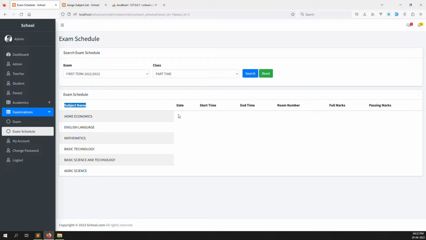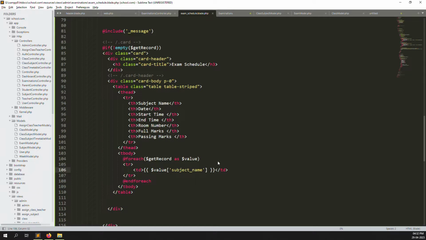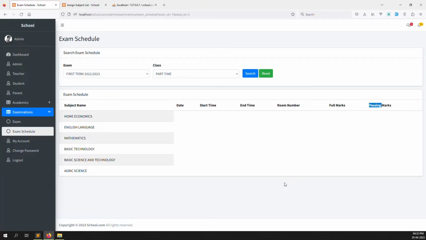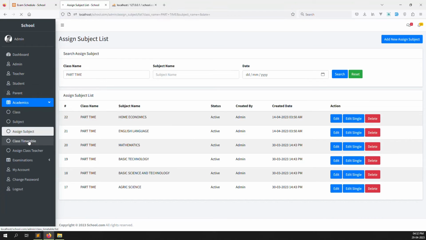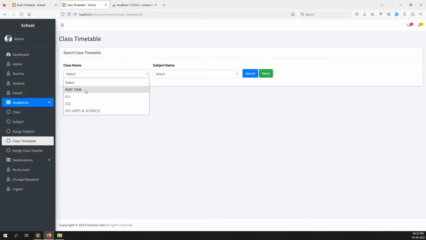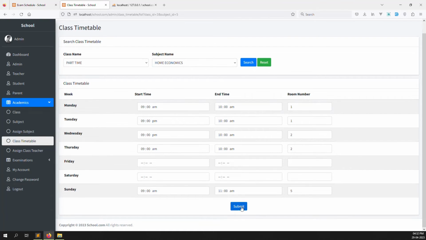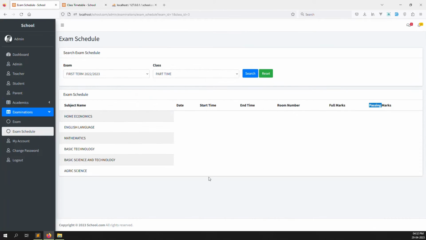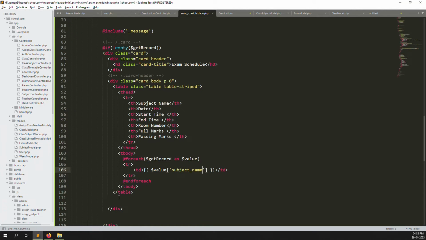So here we also make date, start time, end time, room number, full mark and passing mark, all as text boxes, so the user can add them. After that we can make a submit button in any place, like here, the same as we did inside the class timetables. I can show you where I did it, I don't remember right now. We have made it centered, so we can do the same thing here, so it looks better. Okay, so just go back and we can create some column